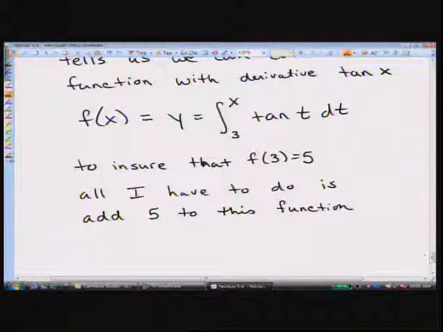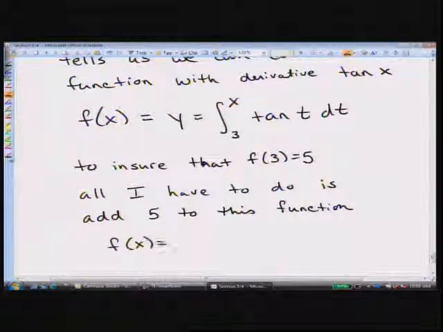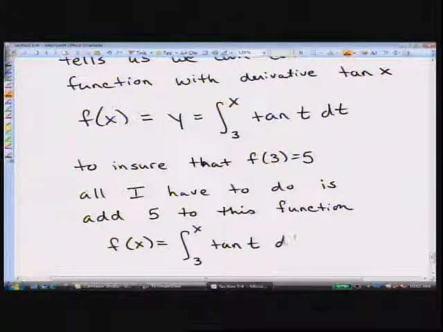Well, let's see if we can convince ourselves that this is true. Because if f of x is equal to the integral from 3 to x of the tangent of t dt,